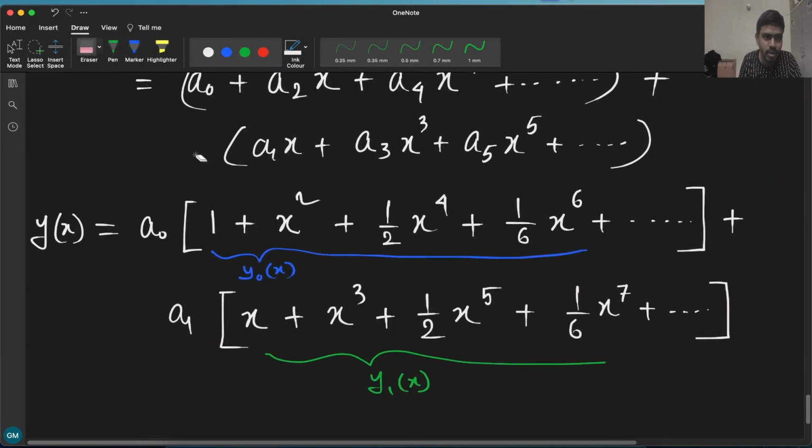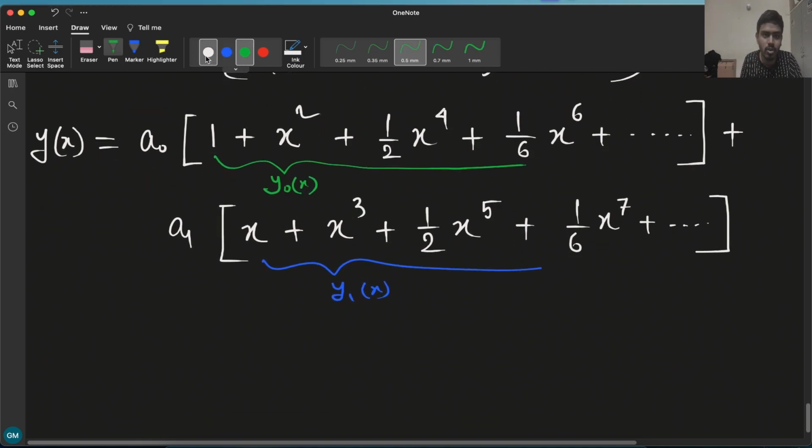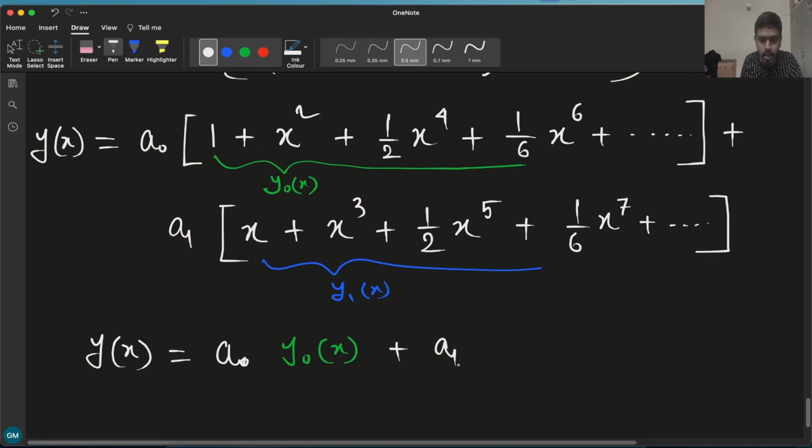Okay, I am using different colors. This one is green. This is y0x. This is y1x. So basically the solution will look like yx equals to a0 y0x plus a1